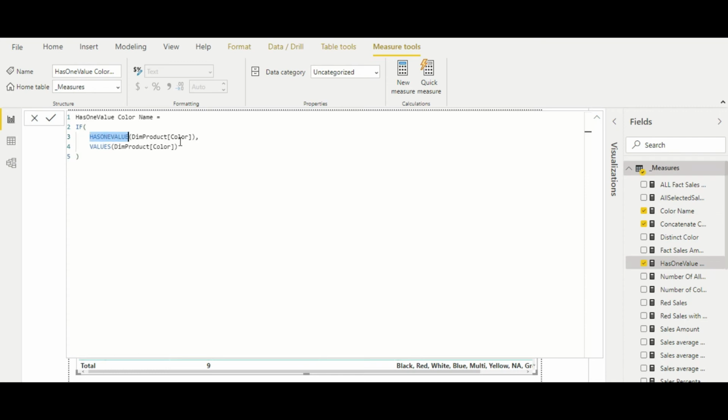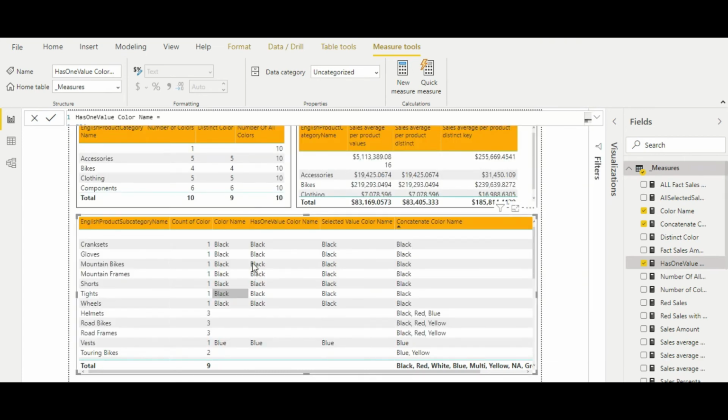It will check the same thing and return the values if this condition is true, else nothing. So the behavior would be similar to this one. The only difference is that we have shortened the length of the measure. Instead of doing count rows values equal to 1, we are just using this function has one value.